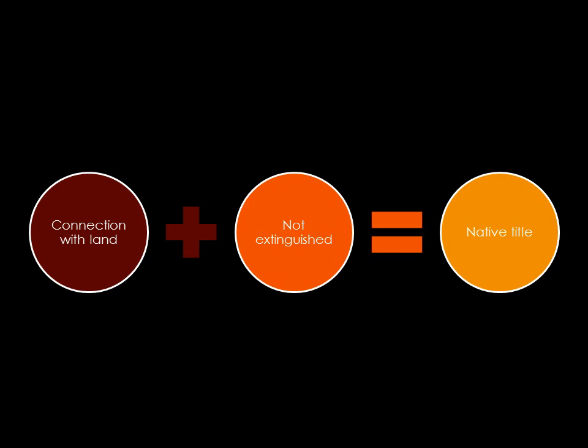To establish native title, because indeed, as we'll see, the onus is on the claimants, the traditional owners, to establish that they hold native title requires, in very broad terms, two components. One is an ongoing connection with land in accordance with the norms, the laws and the customs that were in existence at the date of English settlement. And the second requirement is that it has not been extinguished by the operation of Crown power.